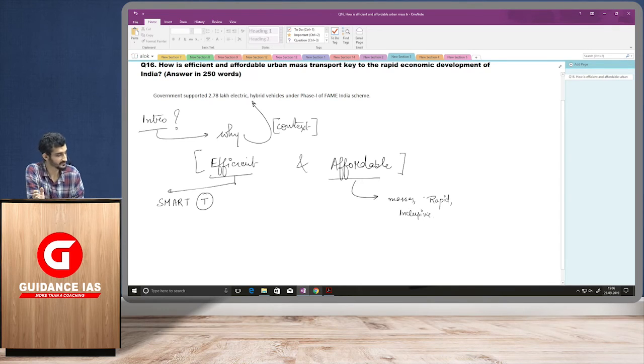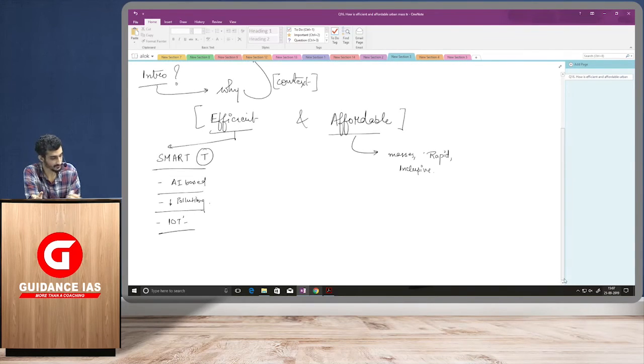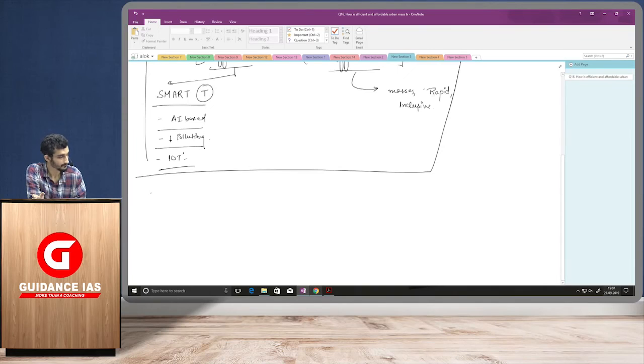And by efficient, it means smart, that is AI based, less polluting, and that is using Internet of Things and so forth, whatever you can write under this, actionable analytics and all sort of things. And so, after completing this part, we can now dwell into